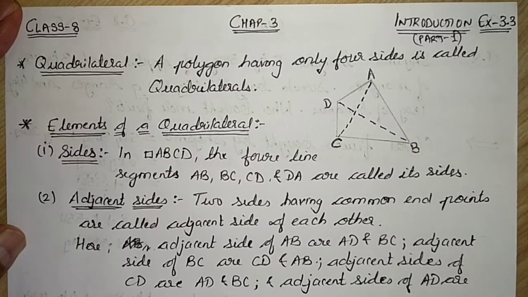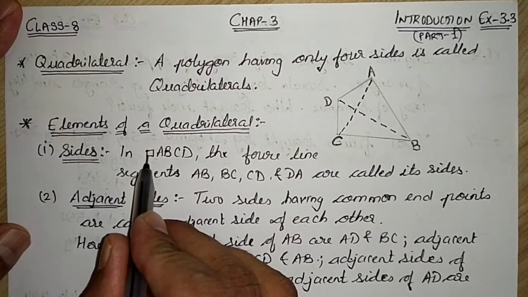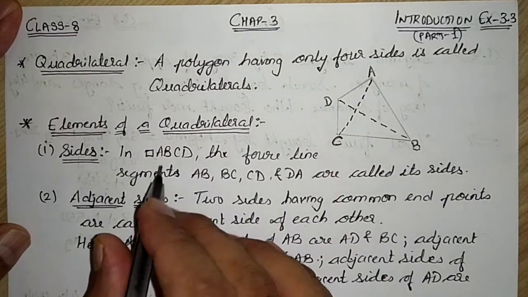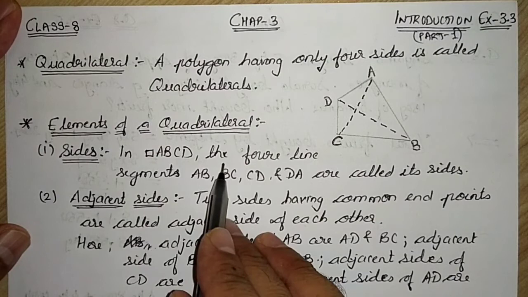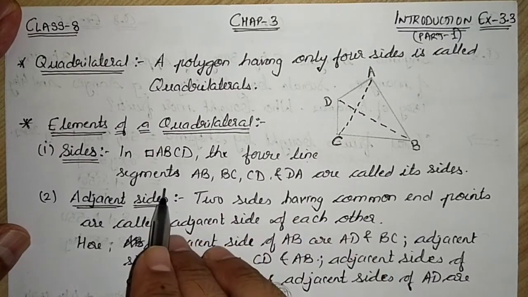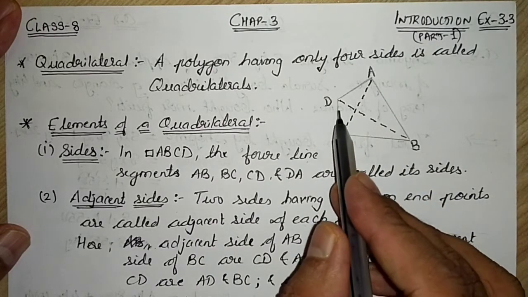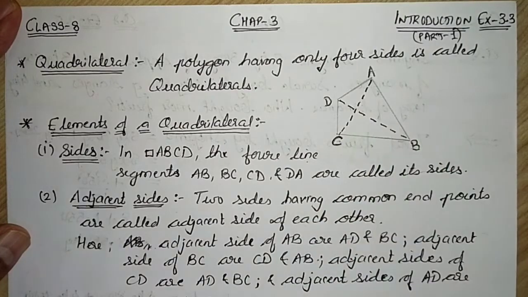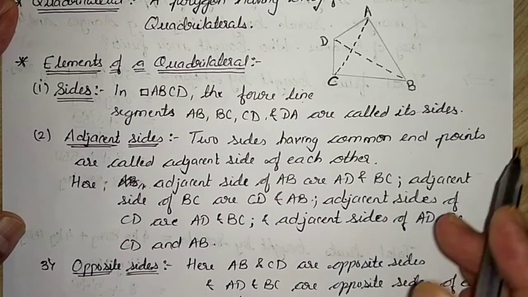So please pay attention. The first is the sides. This is the symbol for quadrilateral. Every time I write this, you must understand that this is the meaning of quadrilateral. So in quadrilateral ABCD, the 4 line segments AB, BC, CD and DA are called its sides. Coming to adjacent sides, if two sides